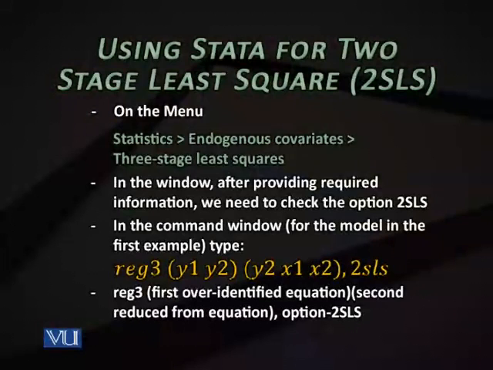Now let's move to applying Stata modules or commands to solve for the parameters by the two-stage least square procedure. We'll use the same two examples that we have been discussing earlier. In fact, we have two choices. One is a command called reg3, which is basically a command for three-stage least square, but we can specify an option for two-stage least square. The second is ivregress, instrumental variable regression. We'll use these to estimate the parameters of the two examples that we solved through Excel, through the linest command, etc. by applying a manual procedure.